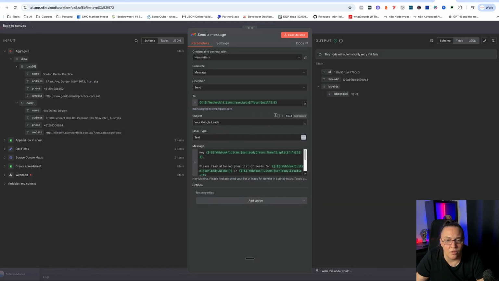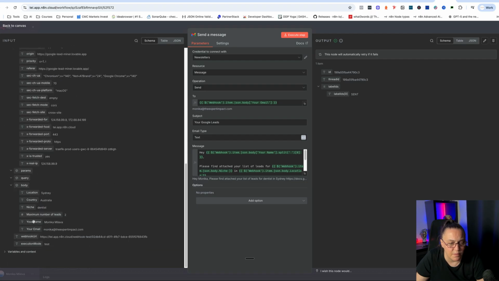And the email is mapped out to the email of the user from the webhook, if you remember, right here. The subject is your Google Leads. You can have it as anything you want. The email type is text,